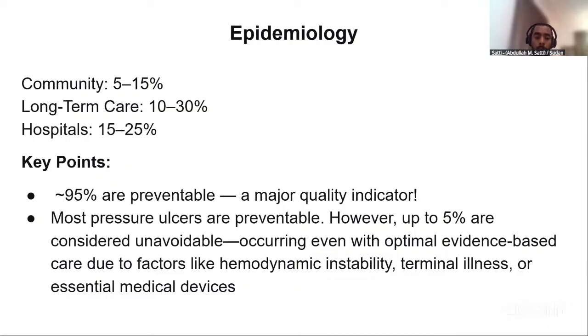Another thing that I should point out is most pressure ulcers are preventable. However, the rest of the 5% who get pressure ulcers are either having hemodynamic instability, like patients with septic shock in the ICU, where hypoperfusion to the tissues causes less blood flow to the skin, and it results in pressure ulcers. Patients also with terminal illness who have